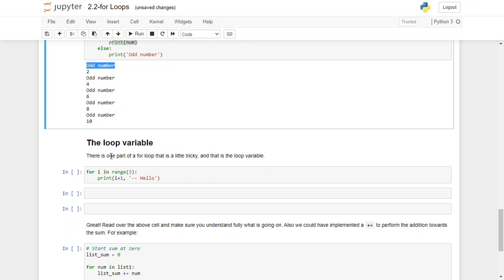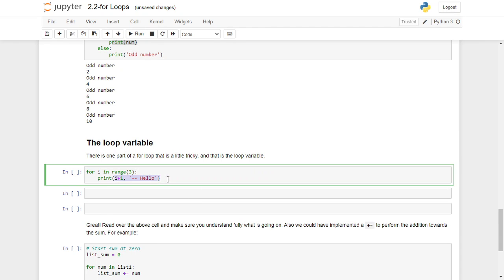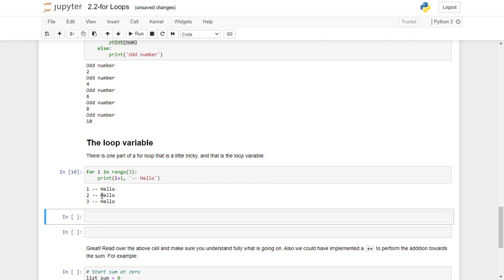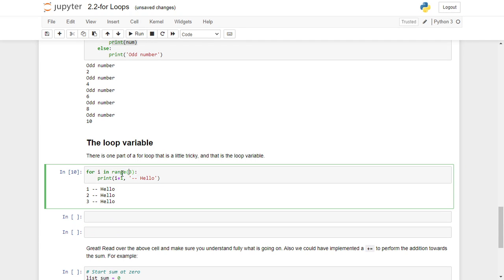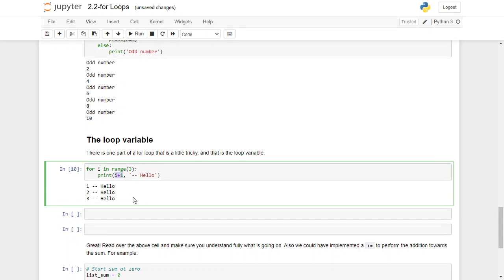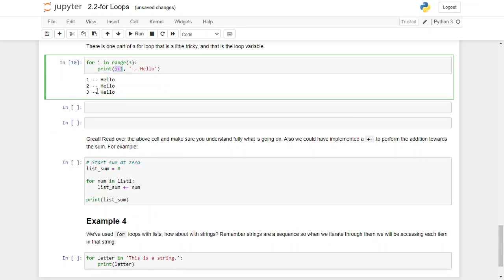So for this one, the loop variables, sometimes we can do some things with variables. We can work with the variable, however, it will not change the value of the variable. For example, in this case, I am executing 3 times, from 0, 1, 2, and each time I add 1, because this is an integer, I can do the math. So that's what we can do. We can do the calculation,